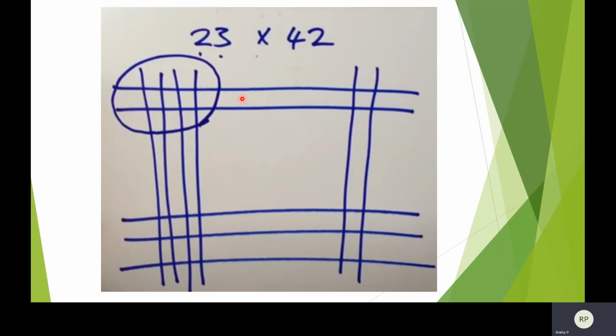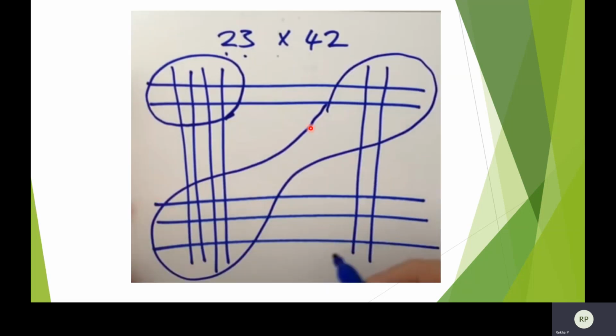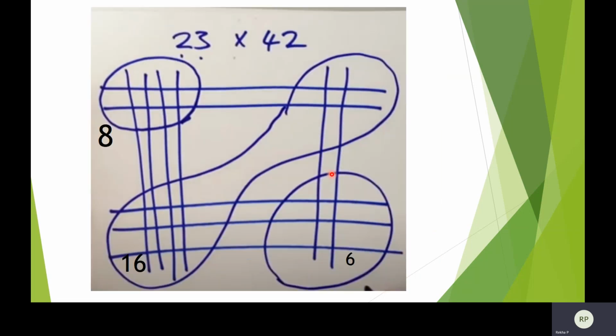So that is why I told, for grouping it diagonally, if you draw it in a slanting position, it is easier for you to group it in a diagonal manner. So if you go for the diagonal manner, this is one group and this one is another group. Okay, so this is another group and this one is another group. Now you count the intersections, the intersecting points in each group.